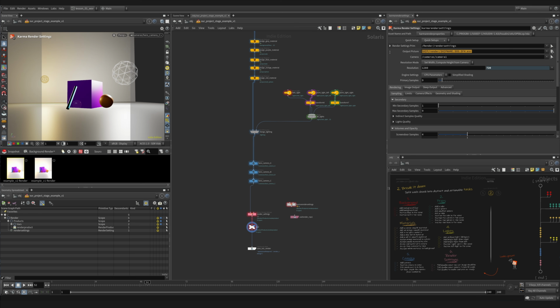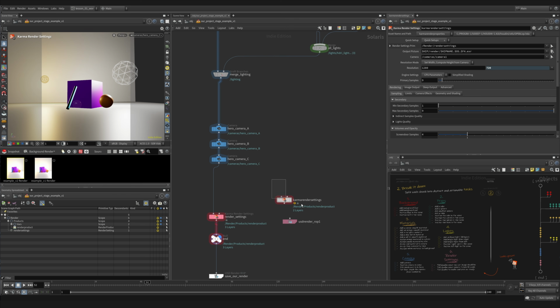We'll see this. This is $HIP, which means the current folder our Houdini file is stored in, /render. HIPNAME is the current name of our Houdini file. .OS is operator string, so the name of this node. And then $F4 is a 4-integer padded frame number. So 52 would be